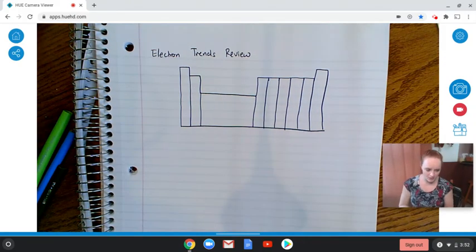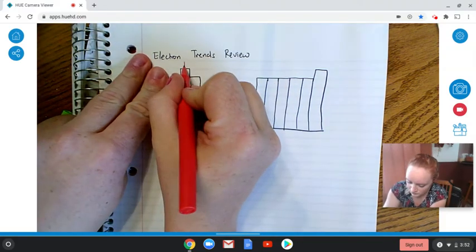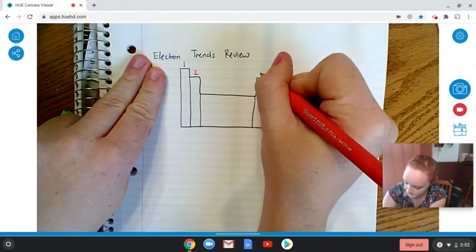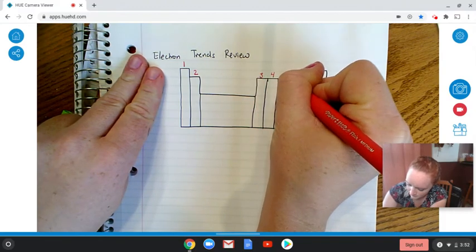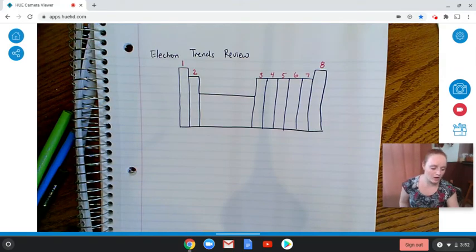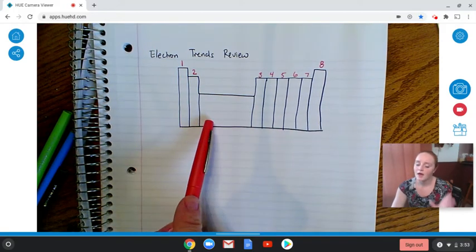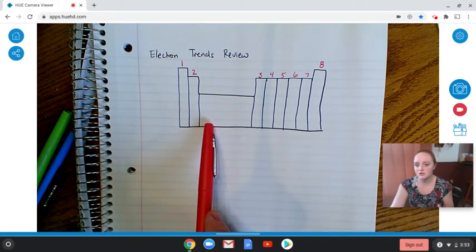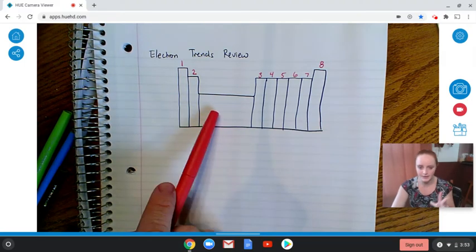All right, so when we talk about columns, remember we usually skip the middle. So when we talk about columns, we talk about columns 1, 2, 3, 4, 5, 6, 7, 8. The electrons in the transition metal block behave really funny. So we don't usually model how the electrons are behaving in that middle block at this level. If you take Gen Chem and Gen Chem 2, you'll start to learn a little bit more about them, but